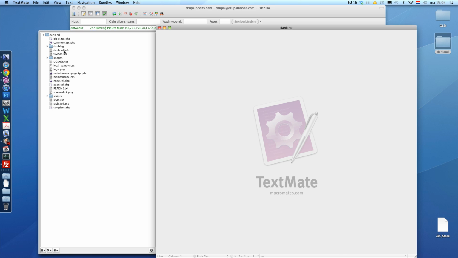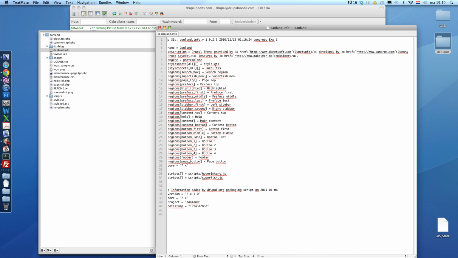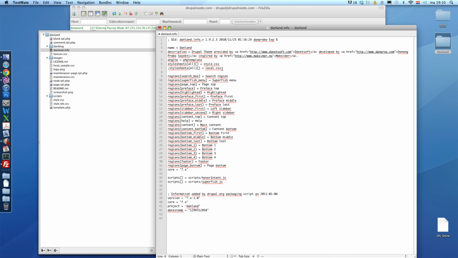The first thing you want to do is open the .info file. Every template has one and it's called the template name .info. So we just click that. And what we can see here is different regions. A lot of regions already exist, but in this tutorial we want to show you how to create your own region. And you can do this by just typing regions,